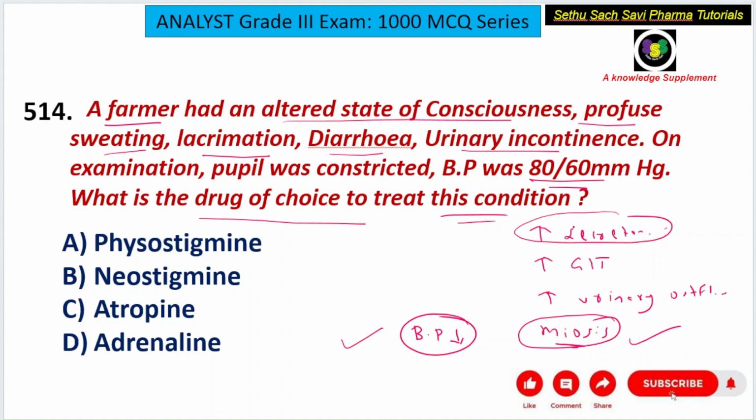The movement of GIT has been increased, that's why it is diarrhea. The urinary bladder has started contracting, urinary outflow is more. So what kind of problem is it? Which receptor is involved in this thing? Whenever you hear the term meiosis, can you connect it to the muscarinic receptors? Yes. So normally meiosis, you know that in muscarinic receptors,